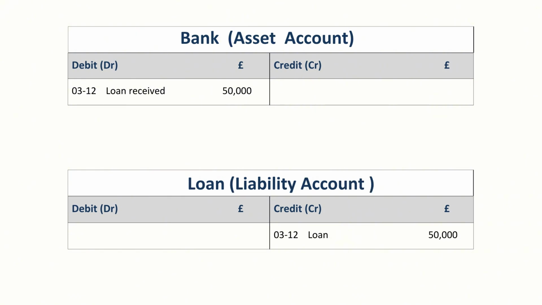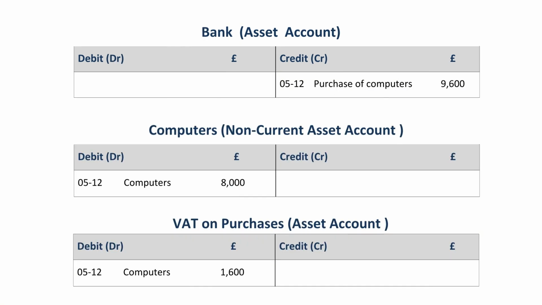Next, the business takes out a £50,000 loan from the bank. That increases our bank, so debit bank. This increases our loan, which is a liability account, so credit loan. Then we buy computers for £9,600, including £1,600 VAT. So, debit computers £8,000, asset account. Debit VAT on purchases £1,600, asset account. And credit bank